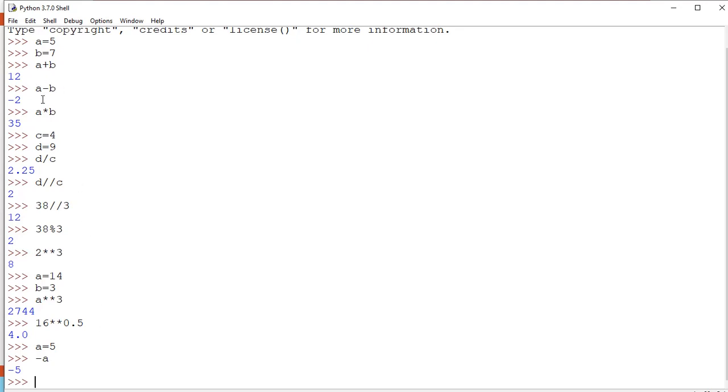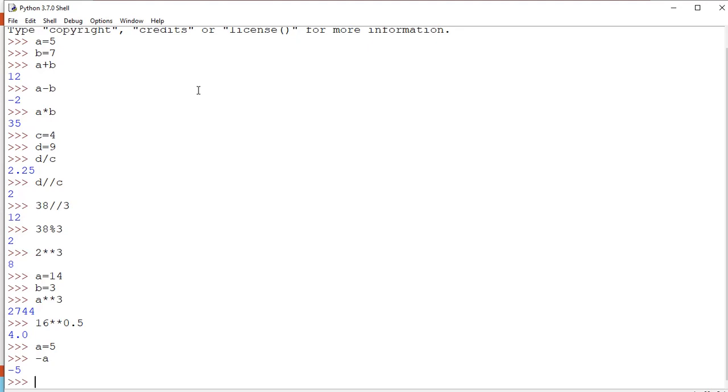Earlier we had two operands everywhere, so those were binary operators, and here we have used a single operand only, so the operator used here is a unary operator. Both these unary operators and binary operators are parts of the arithmetic operators. Okay, this was all about the arithmetic operators.